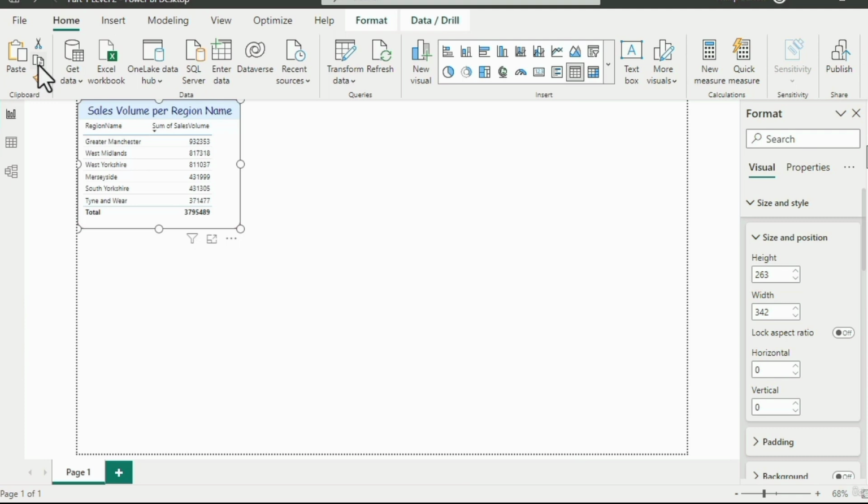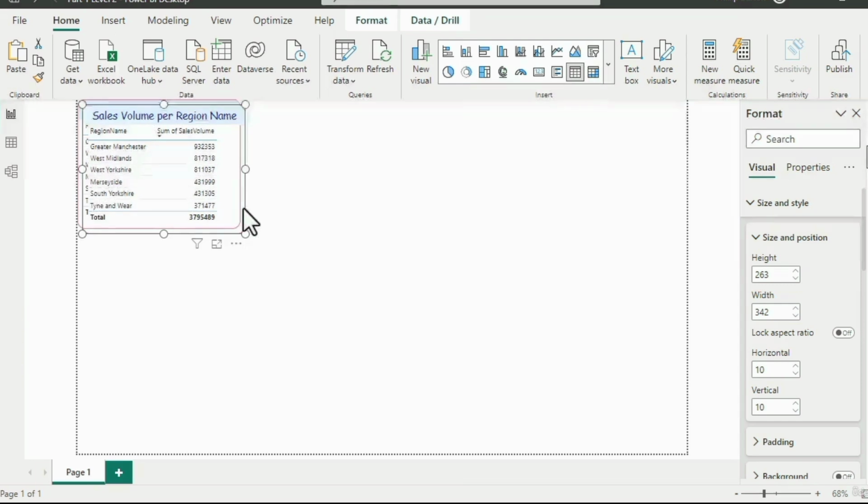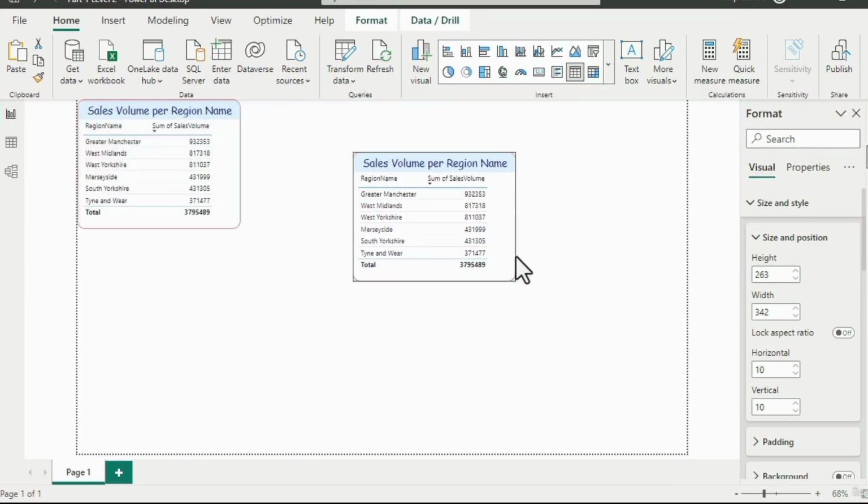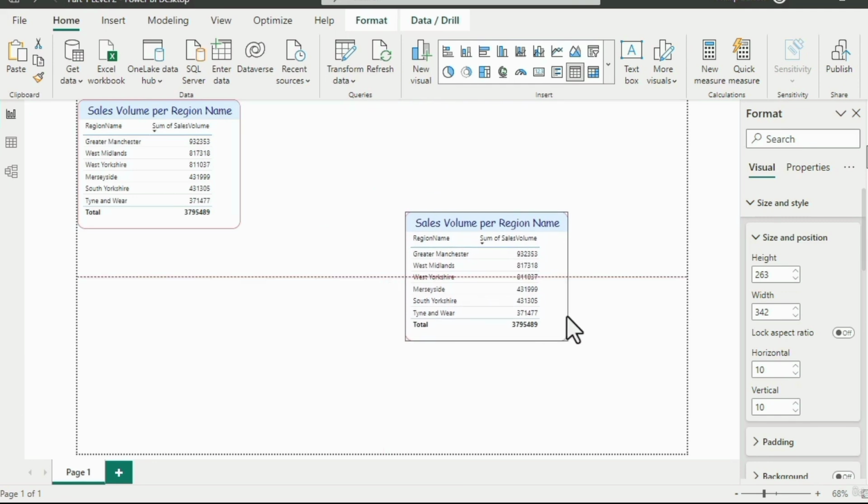C for copy. So when you've done that, I can paste. Now that pastes the entire visualization. And to paste, you either press Ctrl and V, or you click on Home, Paste. Now, I can drag it around just like any other visualization, but notice it tries to align it with a